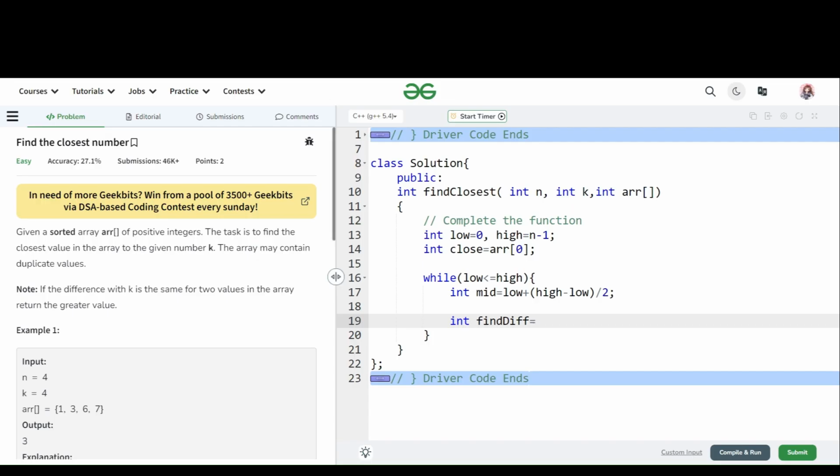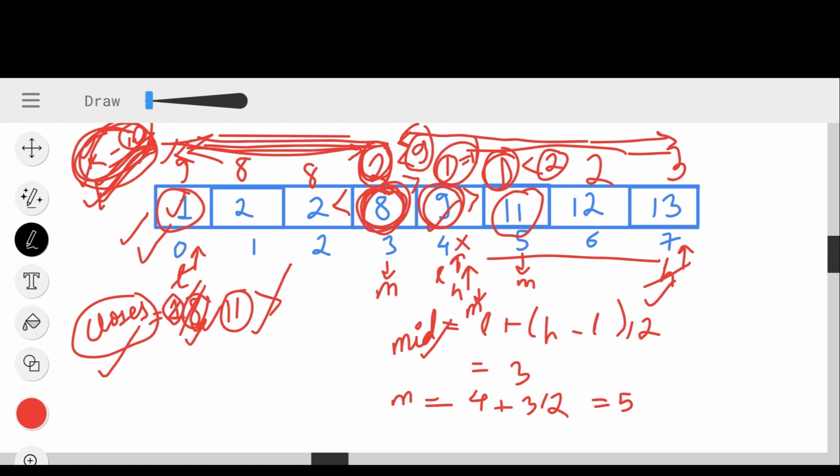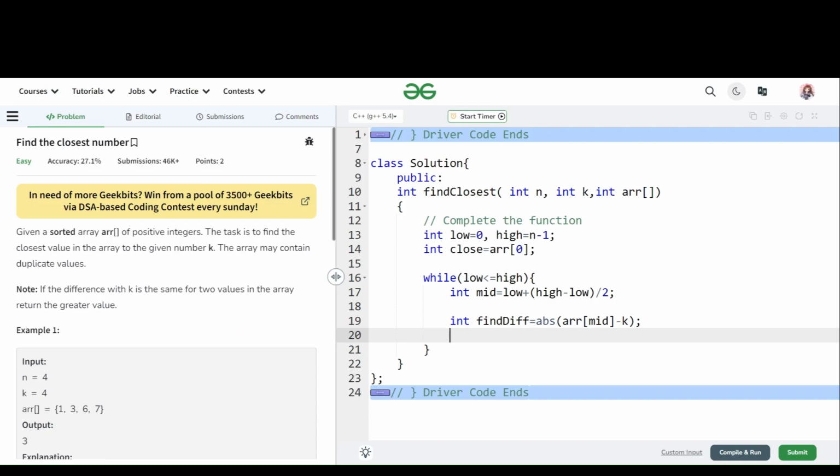So let's find the difference. Also, we were finding the difference between the closest value and the k value. So let's name this as close difference. We will always take the absolute difference, close minus k value.